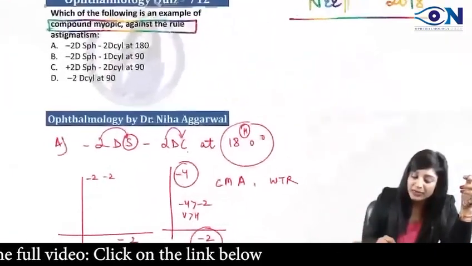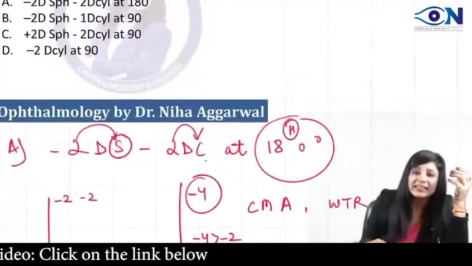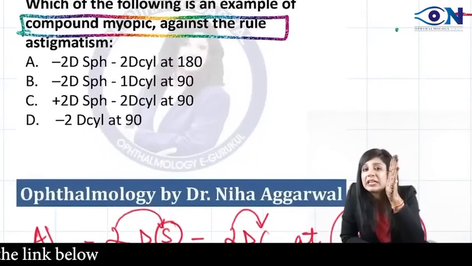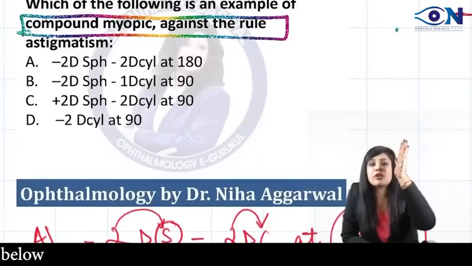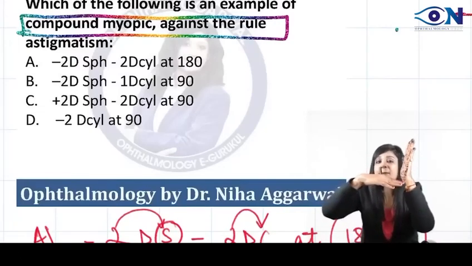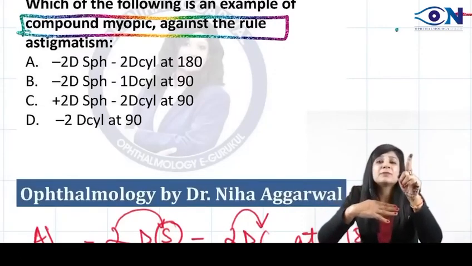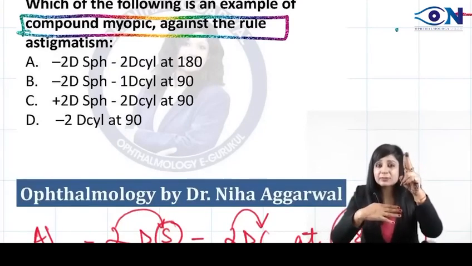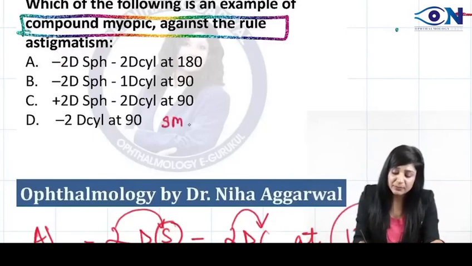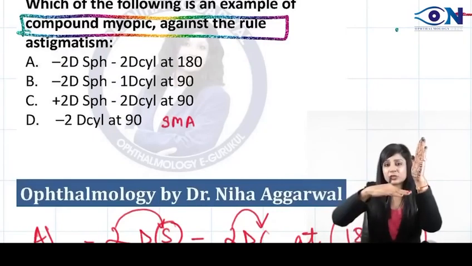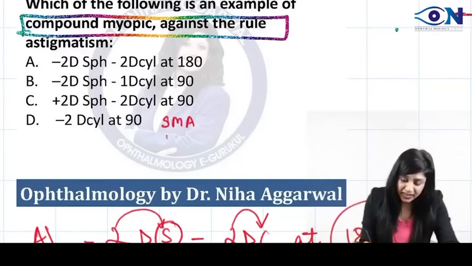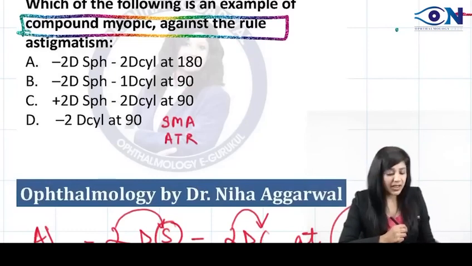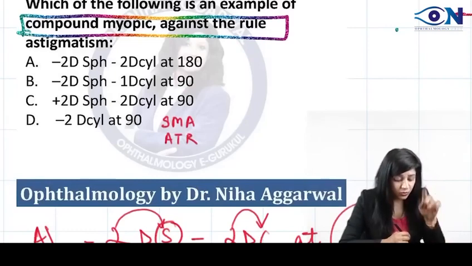अभी fourth option में हम orally करेंगे. -2 diopter spherical at 90 degree. -2 diopter spherical at 90 मतलब you are giving it vertically, so it will act horizontally. So vertical will be 0 and this will be -2. One is 0 matlab this is emmetropic. Therefore this is simple astigmatism. Another is minus, so simple myopic astigmatism. It is 0 and -2. Minus is more. So it is against the rule. Therefore it is simple myopic astigmatism against the rule.